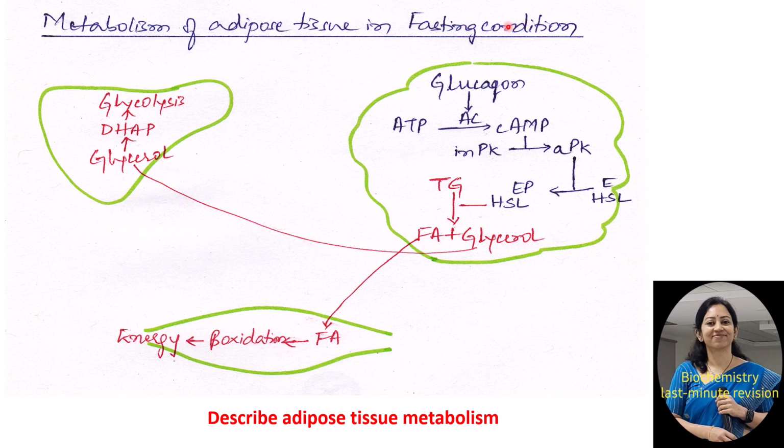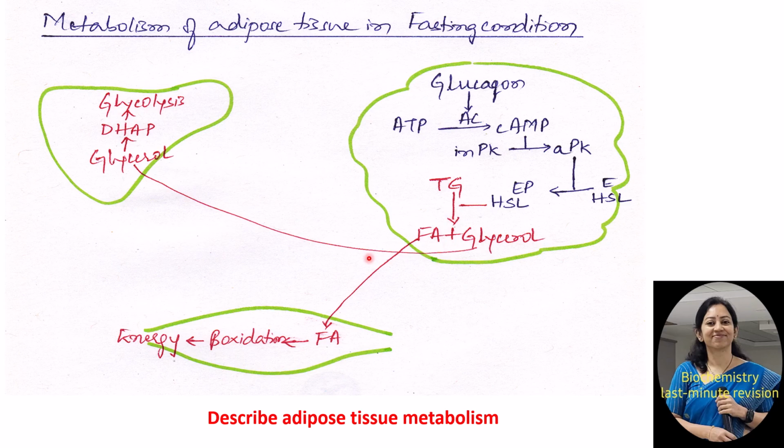In fasting or starvation, the condition is under the influence of the hormone glucagon. Glucagon will stimulate the adenylate cyclase enzyme, which causes cyclization of ATP to cyclic AMP. This cyclic AMP in turn activates inactive protein kinase to active protein kinase. This active protein kinase will cause phosphorylation of the enzyme hormone sensitive lipase. This phosphorylated hormone sensitive lipase will break down the triglycerides stored in adipose tissue to fatty acids